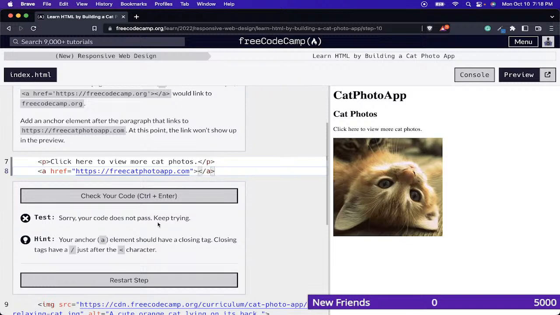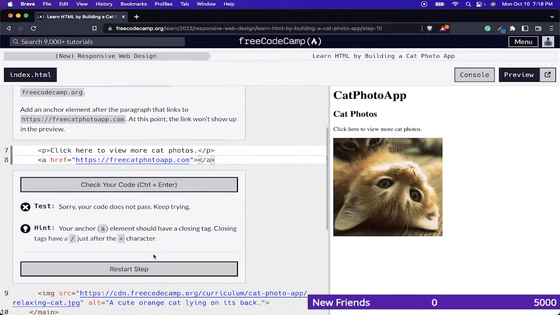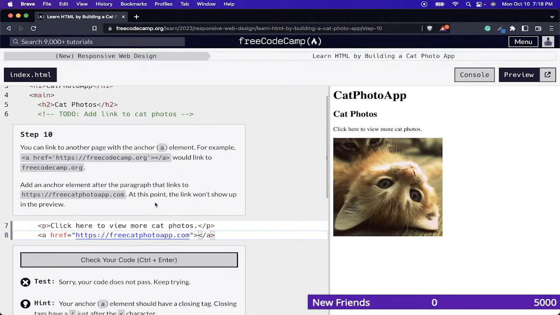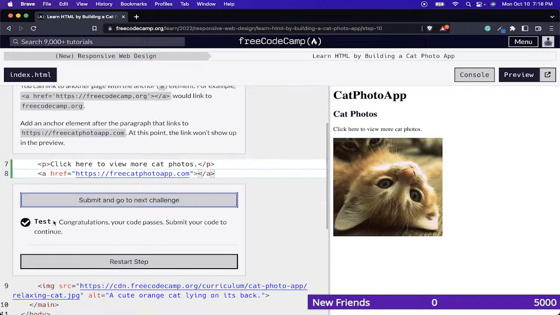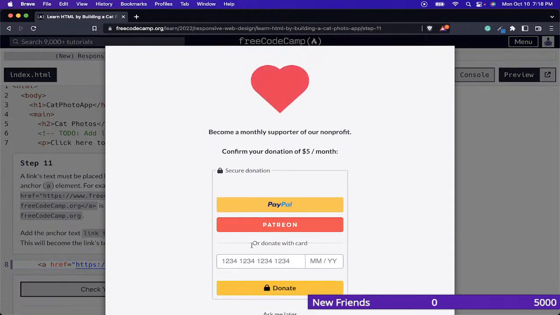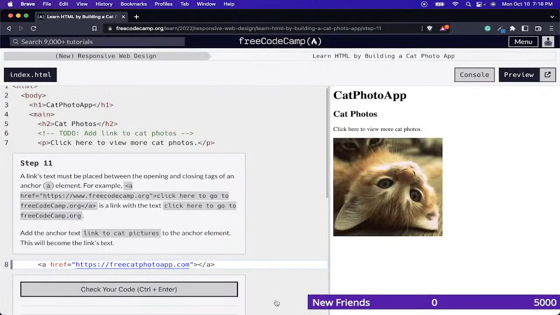And it should have something in between, maybe. Oh, it doesn't say to. Let's just try to run it. It does pass. Go to the next one. Okay. So a link's text must be placed between the opening and closing tags of an anchor